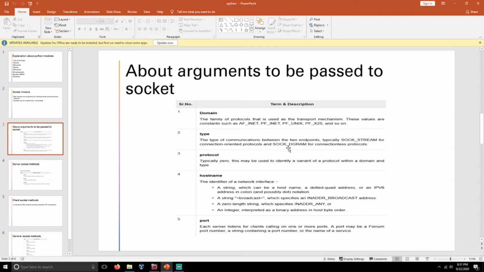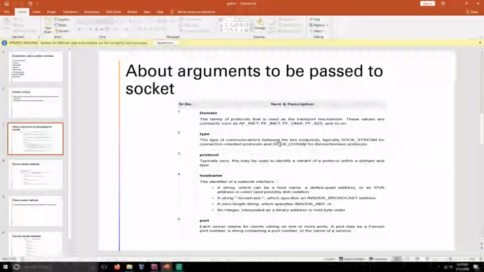And if you pass SOCK_DGRAM to the socket object, then it indirectly points to the UDP protocol. I think all of you are network experts. If not, just make a note: connection oriented protocol means TCP protocol, and connectionless protocol means UDP protocol, the user datagram protocol.